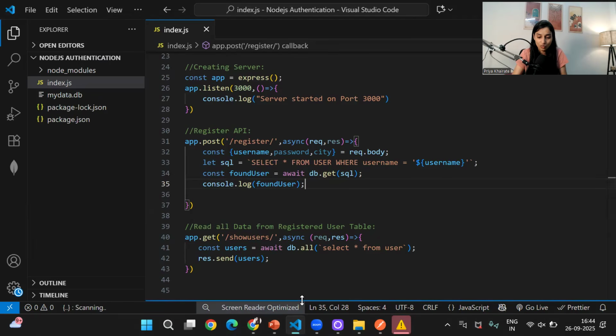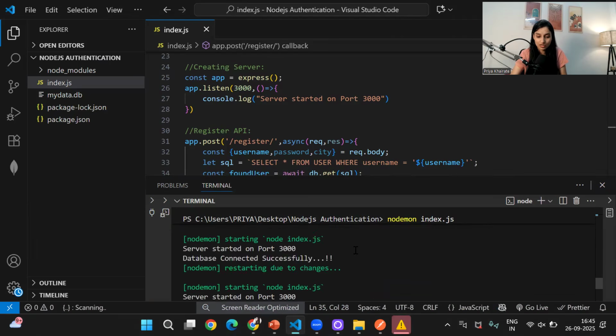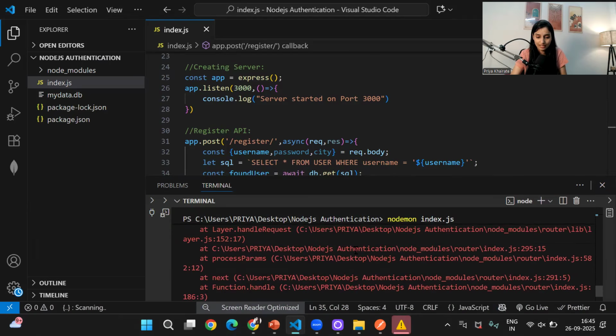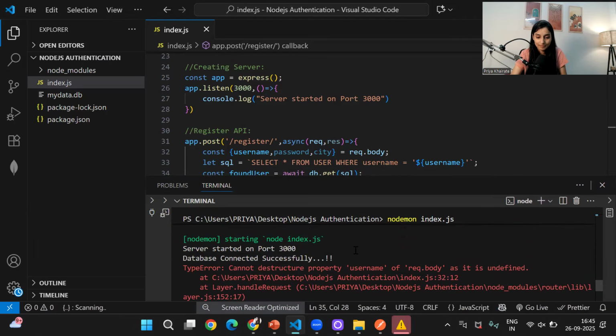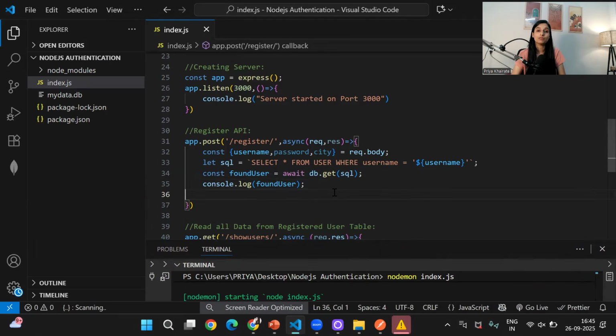I'll just go over here. So I guess we have to start the server. Let me check what the error is. Okay, so some data is coming in, but to parse the data, because data is coming as